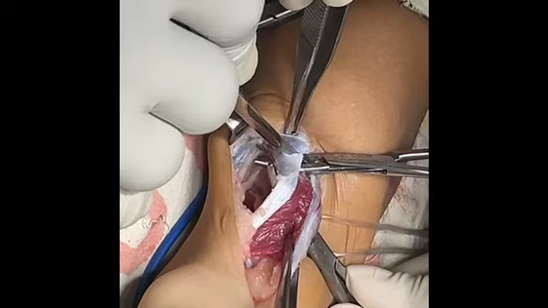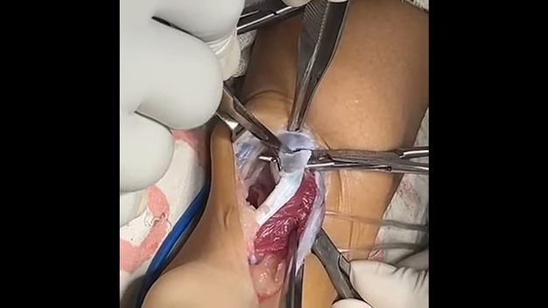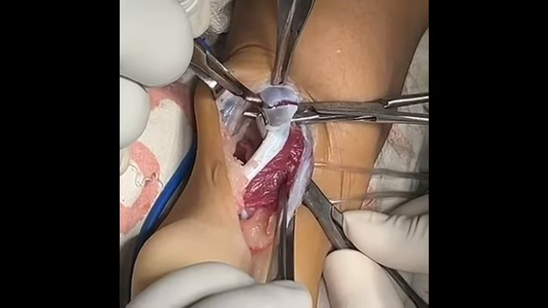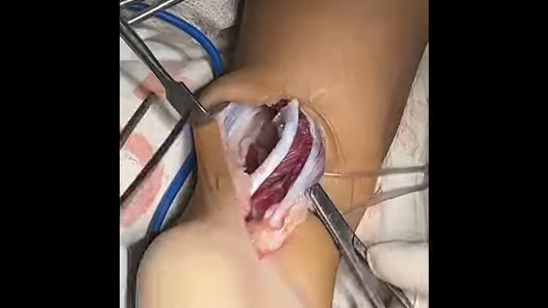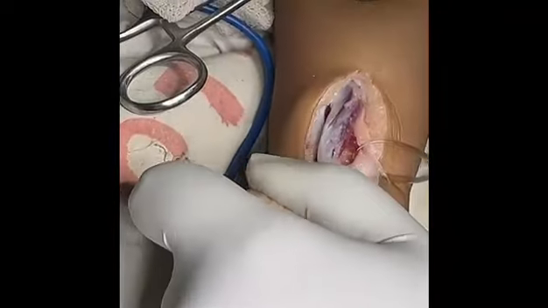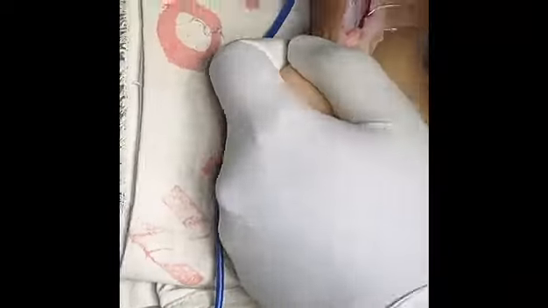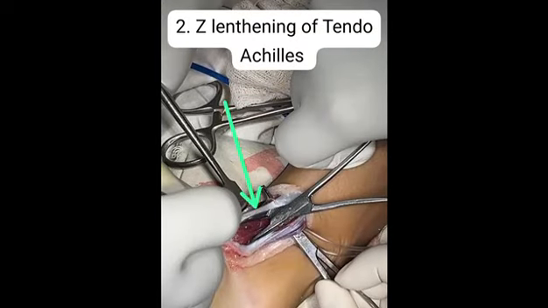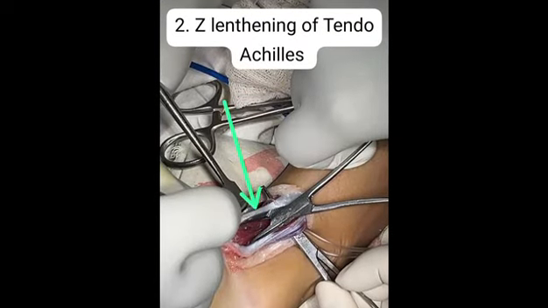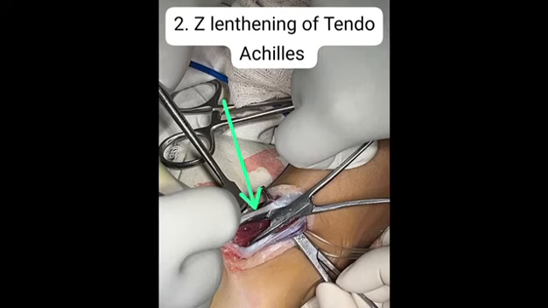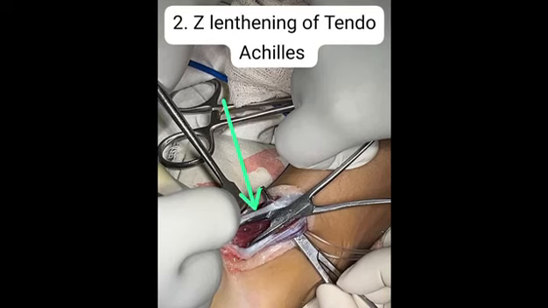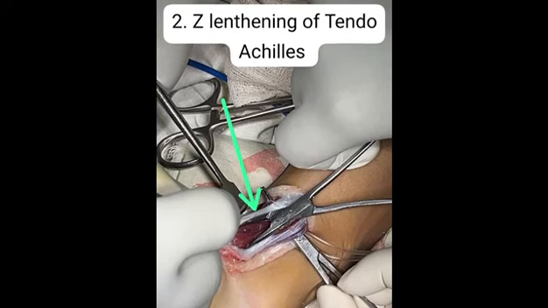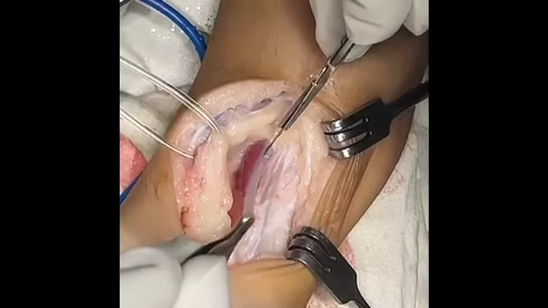Cut the tendon first. Okay, leave the muscles. Okay. Because with stretching the muscle will go. Okay, stretching good. Now stretching is done. Good. Okay, now. We are cutting it into half.